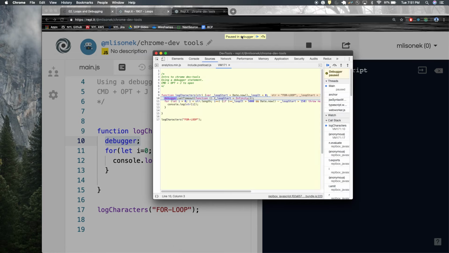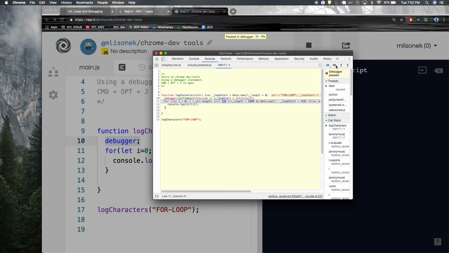you see how it says paused in debugger. And then all this stuff happens, and then you can click this button up here to step over, click this button to go next. And it kind of shows you what's happening at each point in time, okay? It does this, it increments this, it logs this, it checks this, it does that. This is a useful way to debug very big functions